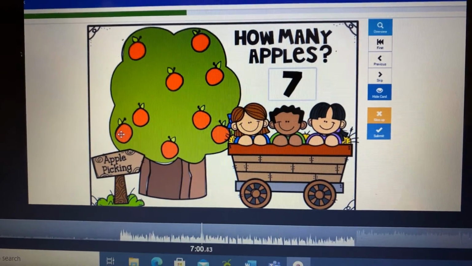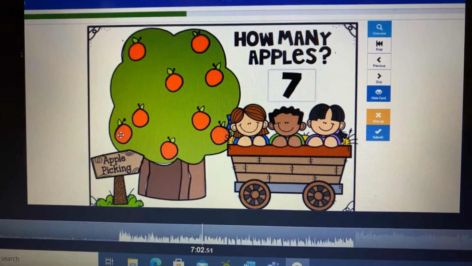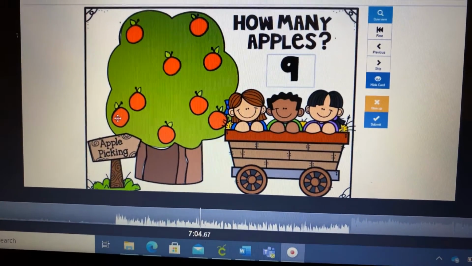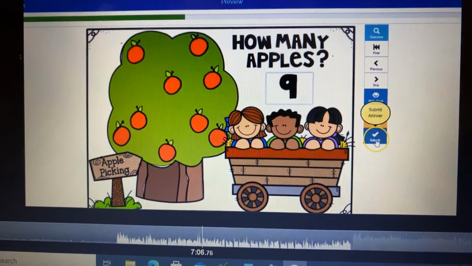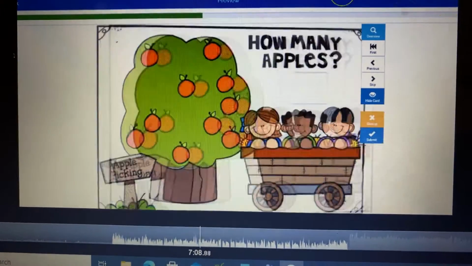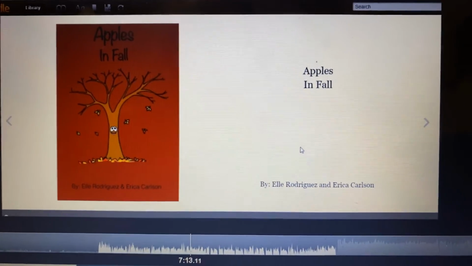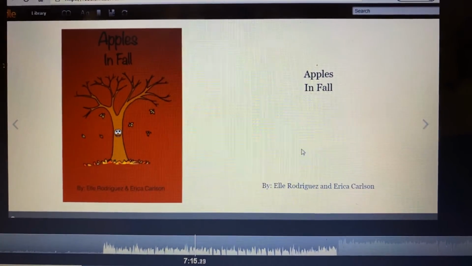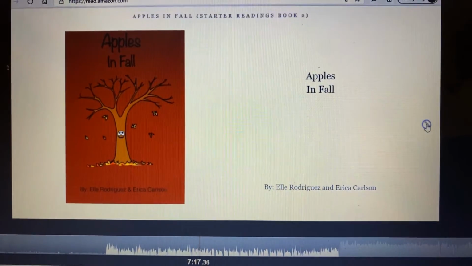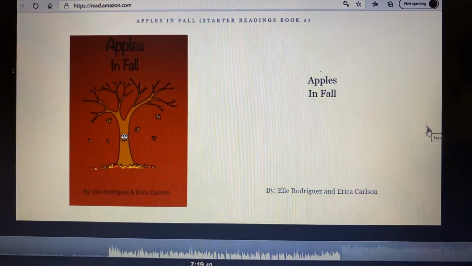So do we have 7 apples in the apple tree? No, we have 9 apples in the apple tree. Let's see if we're right. Good job. All right, since we've been talking about apples, it's time for us to go and read a book about apples in the fall. So let's take a look. This book is filled with colors